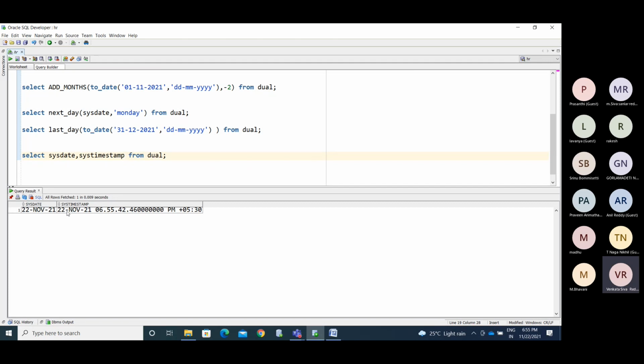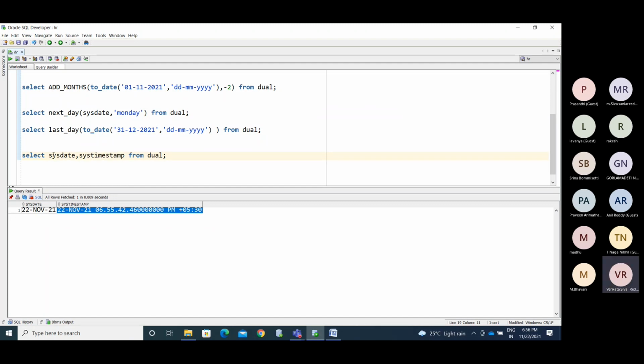We have the date data type and the timestamp data type. If you want to maintain only the date, we use the date data type. If you want to maintain the date and time, we go with the timestamp data type. To display the date and time, we have the systimestamp function.